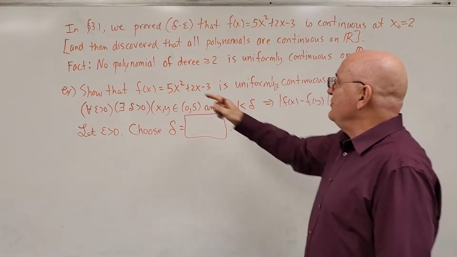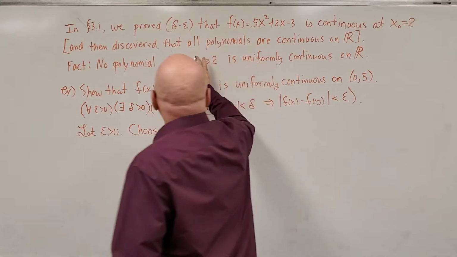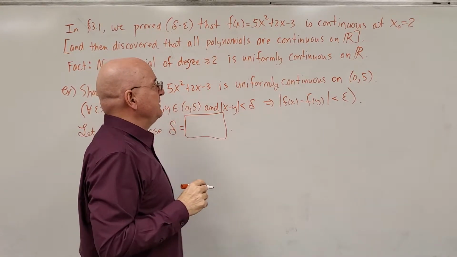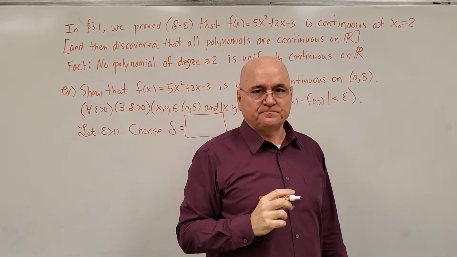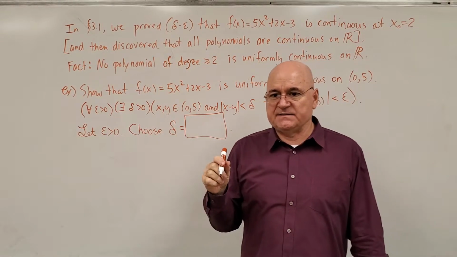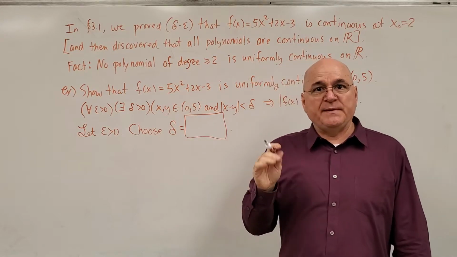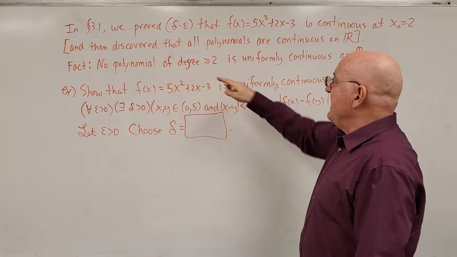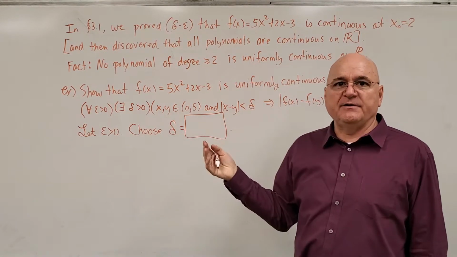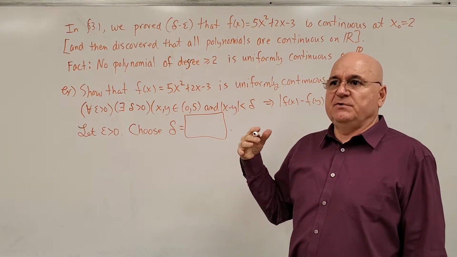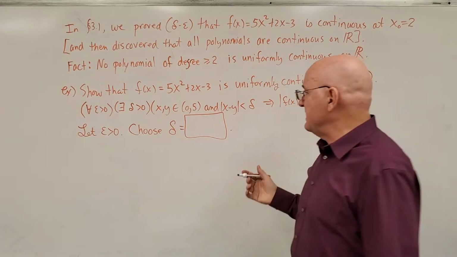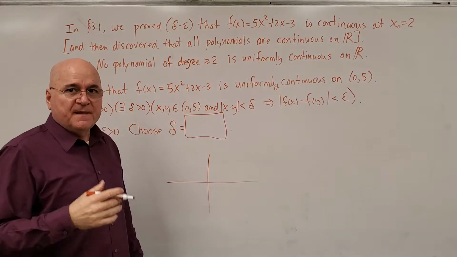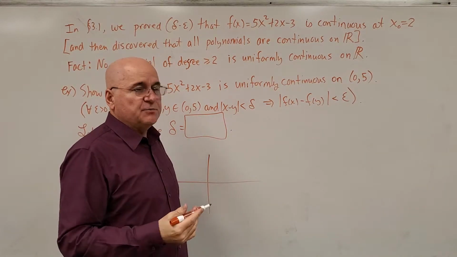Fact: no polynomial of degree greater than or equal to 2 is uniformly continuous on R. We did see that f of x equals x squared. We proved that that's not uniformly continuous, and no polynomial of degree 2 or greater is uniformly continuous, basically for the same reason. Maybe you remember from calculus or pre-calculus that if you have a polynomial of degree 5, it